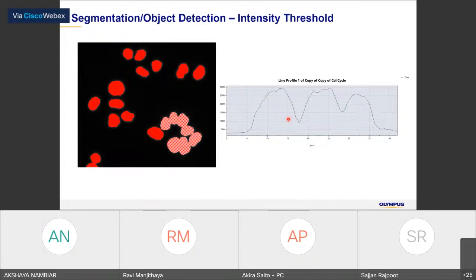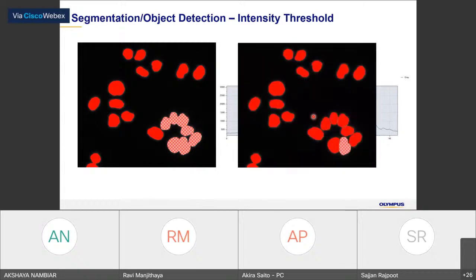So you can see the peak over here and here and here, and the gap over here and here, so that it will cut the object over here and here. In our software, we just call it auto split, but there is this kind of algorithm in most of the image analysis software.